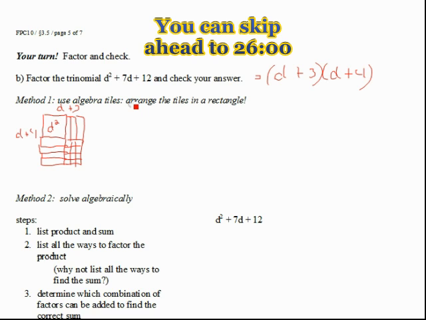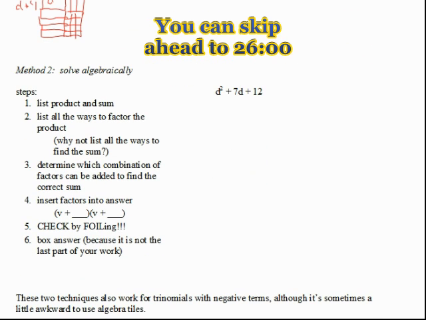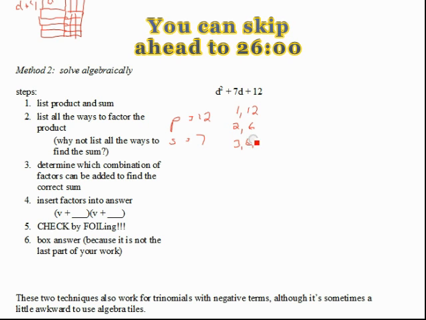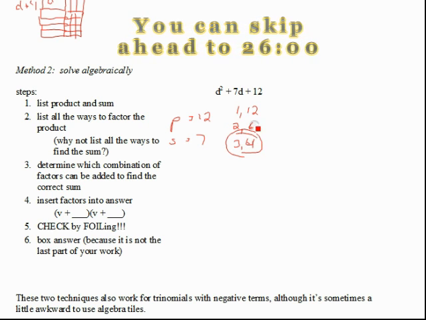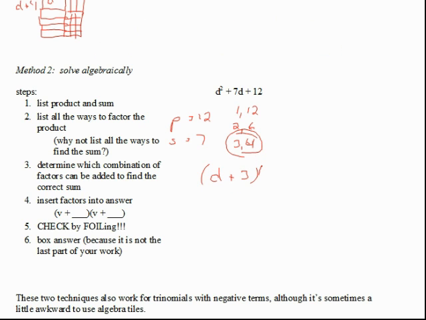That's how I get my d plus 3 times d plus 4. Let's do it algebraically, because really the algebraic is more important, although you do need to do both. So product equals 12, sum equals 7. So to get 12, we can have 1, 12, we can have 2, 6, we can have 3, 4, and that's the answer that we're needing here. So d plus 3, d plus 4, and then